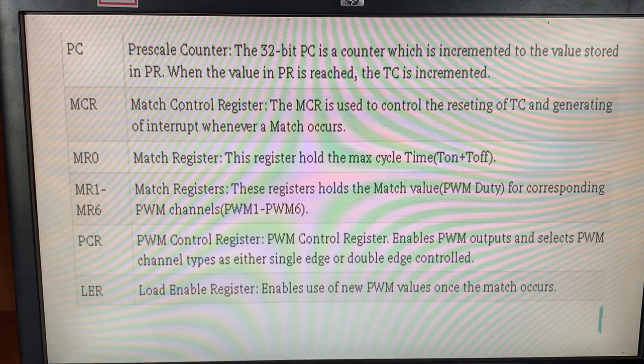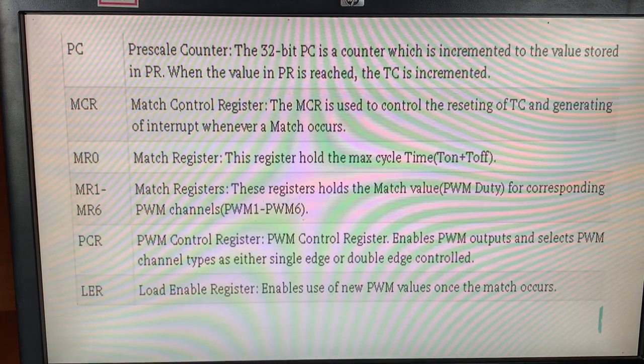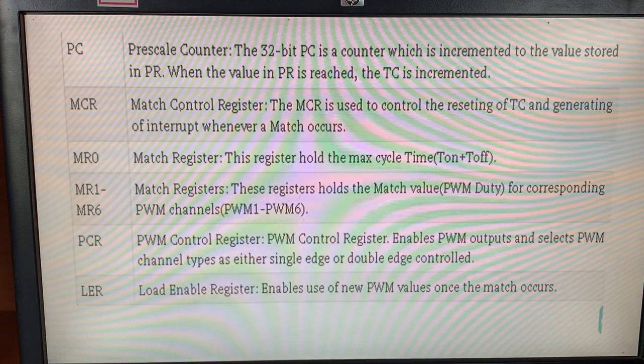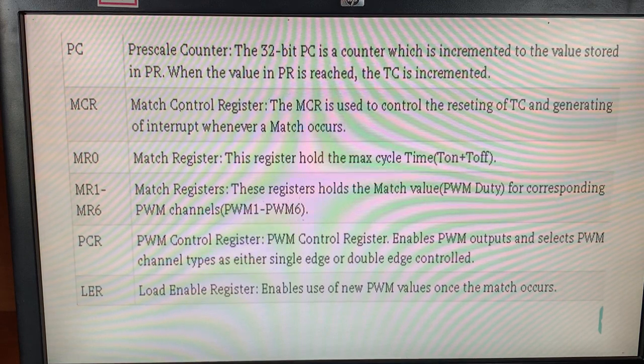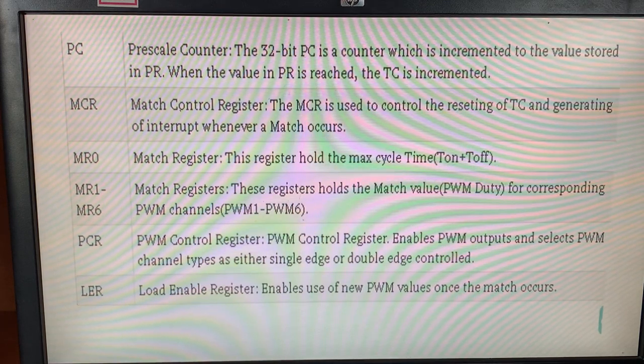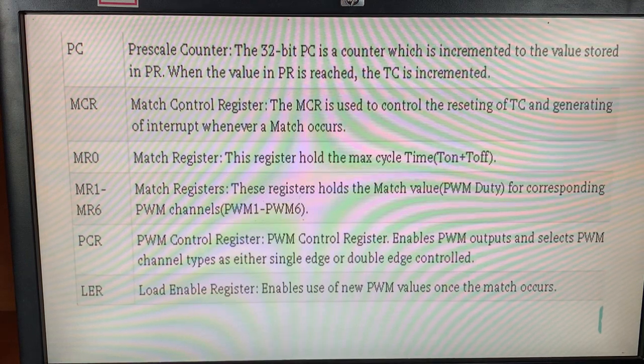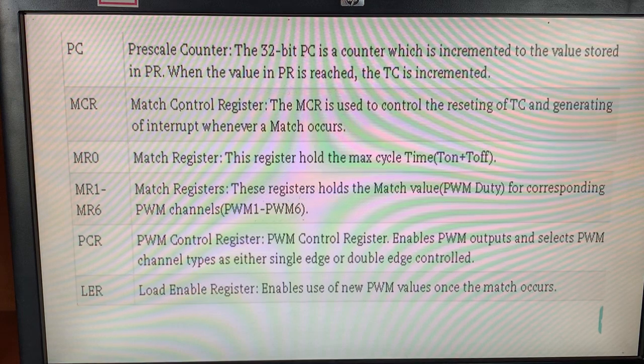For that purpose we utilize MCR, the match control register, then MR0, MR1 to MR6. MR means match register. This register holds the maximum cycle, the duty cycle, as I told, where time T is equal to T on plus T off.